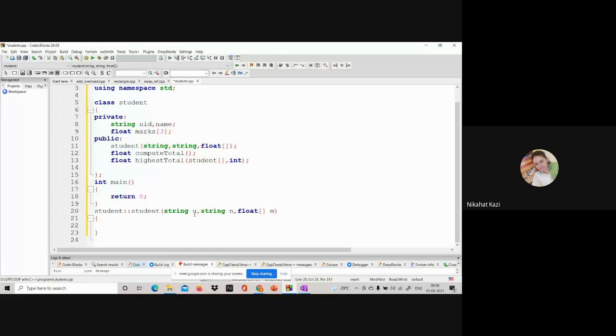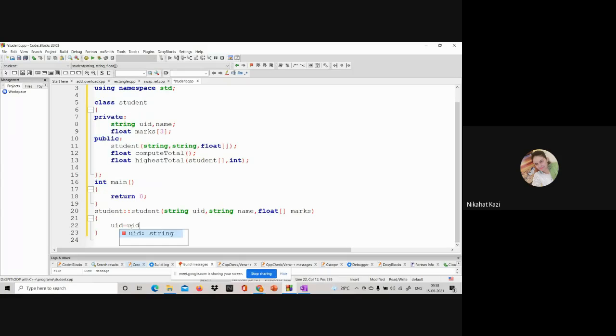What happens if I write this as UID, this as name, and this as marks? They are separate variables of the same name. Usually you say UID is equal to U, data member on the left-hand side, and the right-hand side is the parameter.